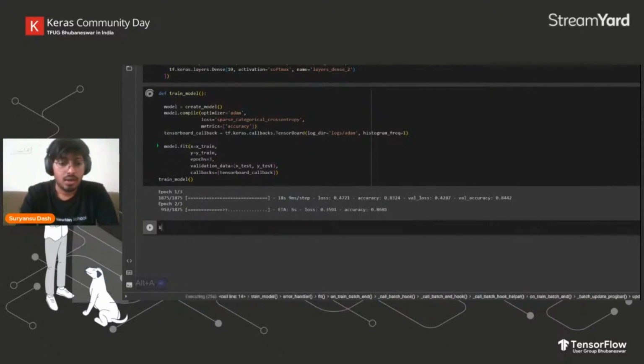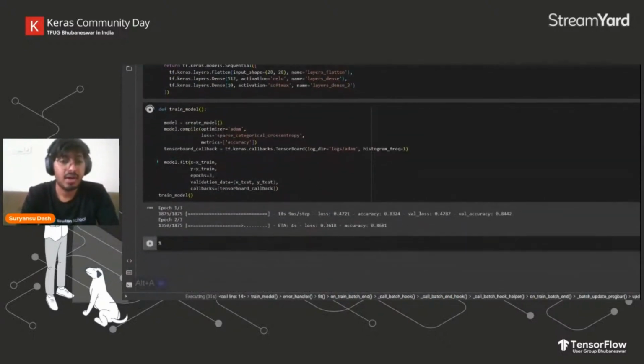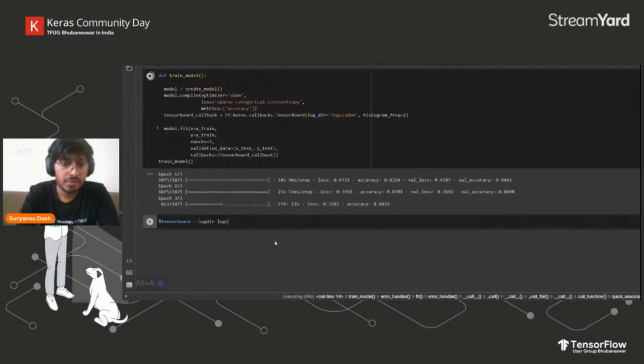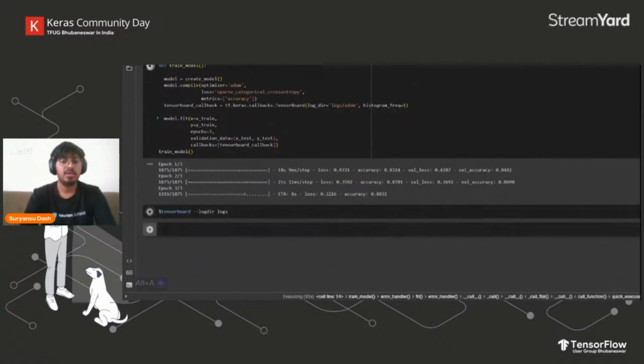Now, till now it has not been very interesting because this is mostly lines of code. But now what I'm going to show you will make you understand why we did all this. What is the power of actual TensorBoard? So we'll just give a directory of the logs. It's logs, and we stored it in Adam. So logs, it will actually create a different directory for each run. Now when we run this,